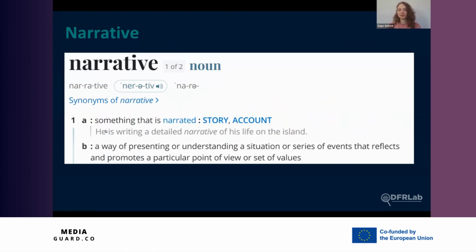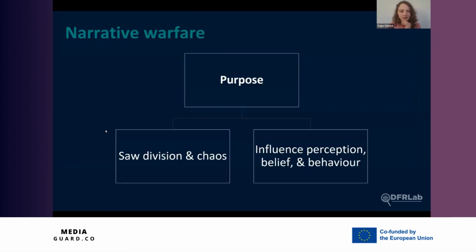And then the narrative. So today we'll be talking about Russian info-ops and the narratives, and basically narrative warfare. And this is a screenshot from the Merriam-Webster dictionary. Of course, it is something which is narrated, but narrated in a form that gives us a story. So it is how you present certain facts or evidences or viewpoints. So it shapes your opinion and it shapes a story. So it is very important to understand it. It's not just a message or a text, but we should try to understand what is the narrative behind, for example, Putin's certain speech, and we'll be discussing some case studies.